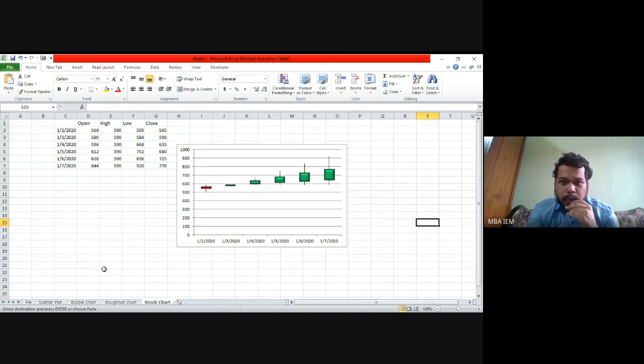Is there anyone who has any confusion related to any of these charts that we discussed so far? Stock chart, donut chart, bubble chart, scatter plot, and pie chart. Anyone have any confusion related to this? Anyone who couldn't follow any of the charts?